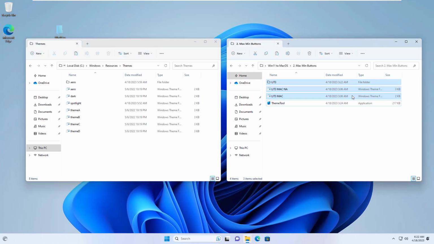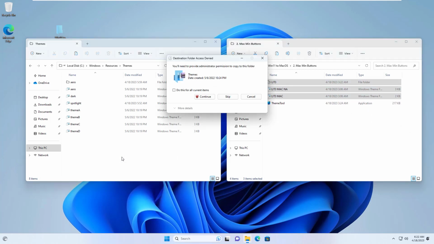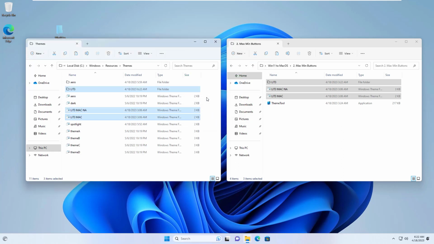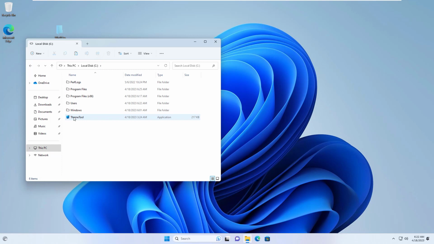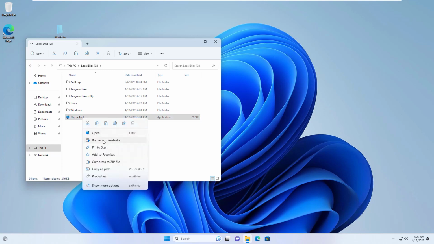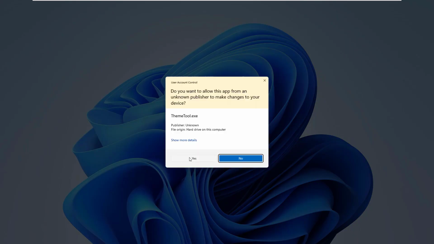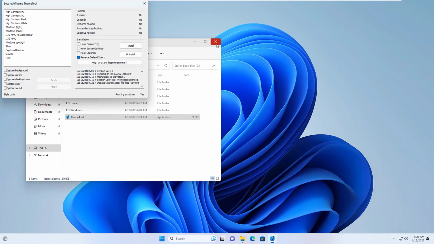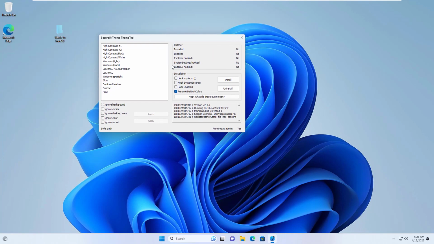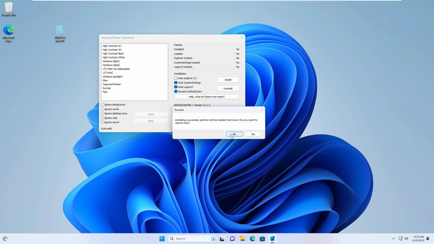You copy 2 files in a folder. Before changing the button shapes, you install as above and restart the computer.